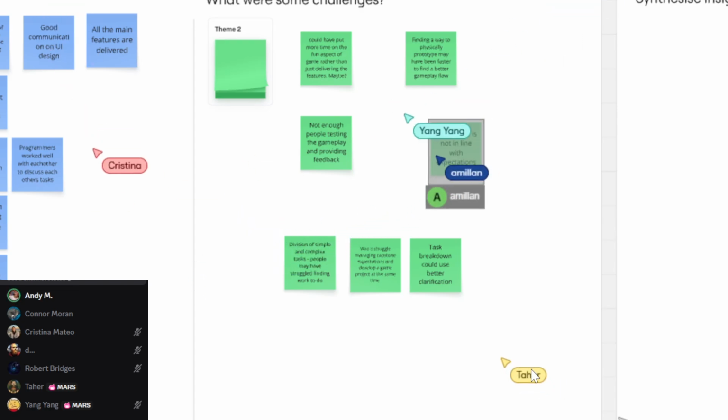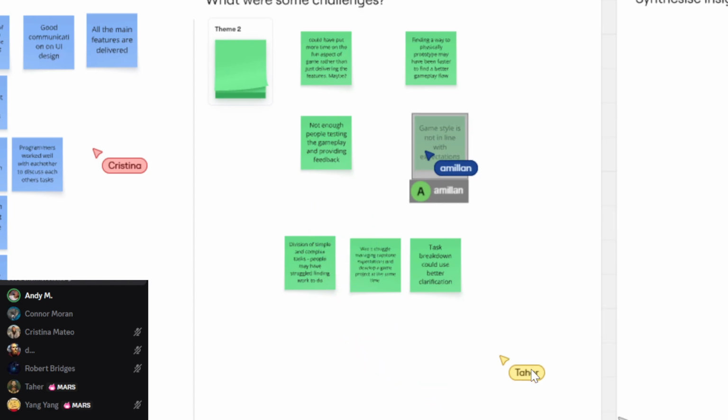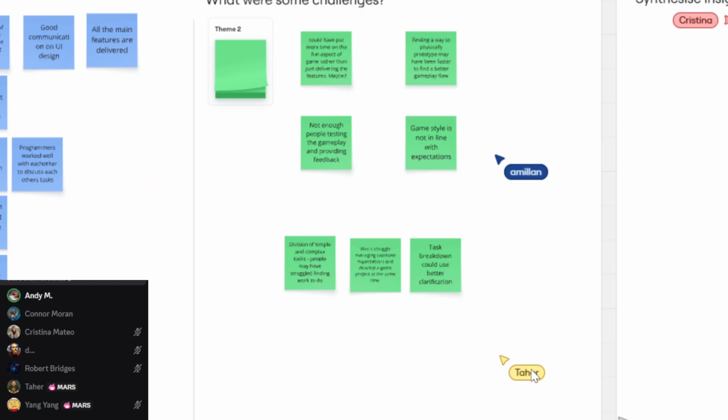Okay, moving on. Game style is not in line with expectations. That's a good thought in the sense of we wanted to kind of go cartoony. Is that what this ticket is calling out? Or is it like we just delivered the easiest solution to meet the deliverable? So,